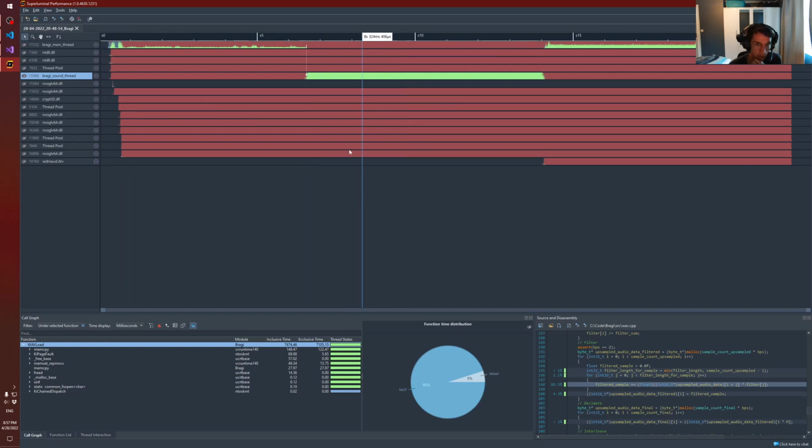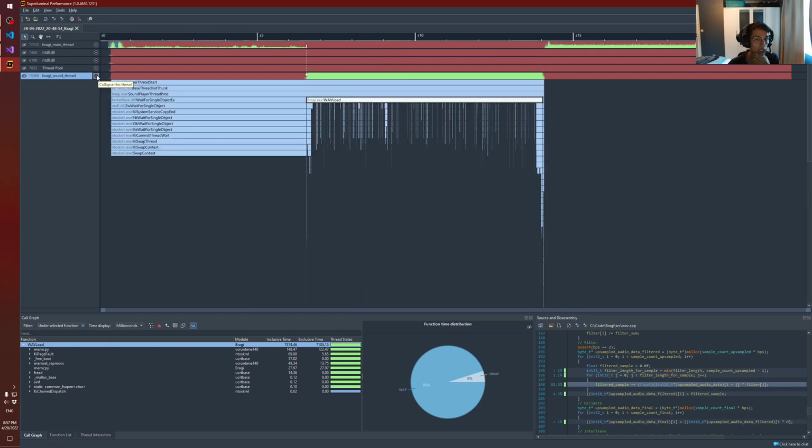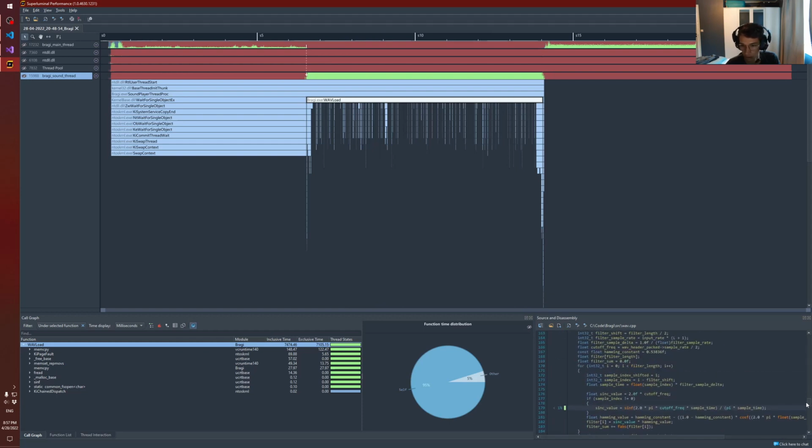If I open this thread here, we can see that for this period of time WAV load is running. WAV load ran for 7.47 seconds, so almost the entirety of this. So we know this is the thing that's taking time. And if we actually get a source code view here of the function,